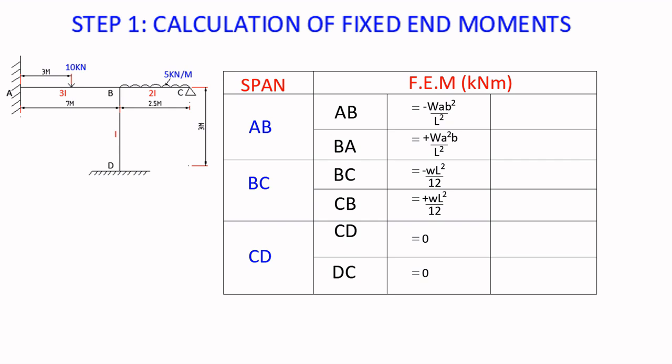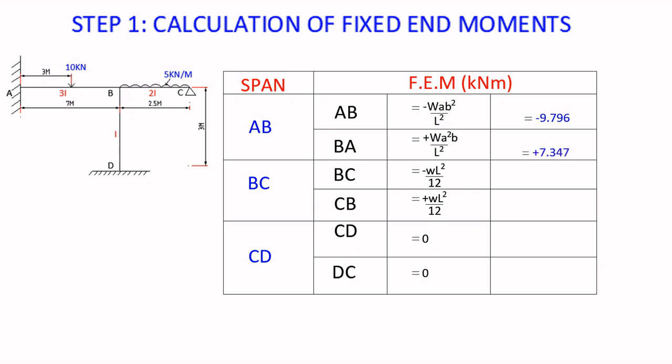So if you start with AB and substitute the values, that is 10 times 3 times 4 squared divided by 7 squared, you get negative 9.796 kilonewton meter. Then for BA, 10 times 3 squared times 4 divided by 7 squared, you'll get positive